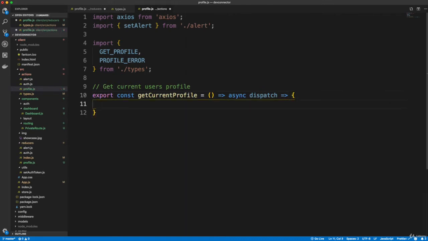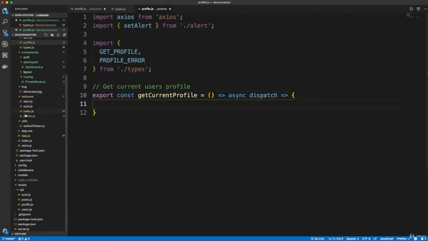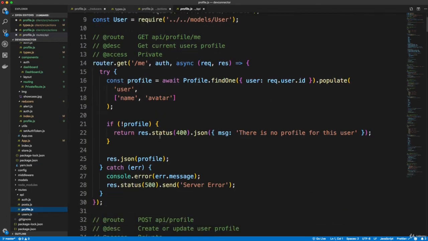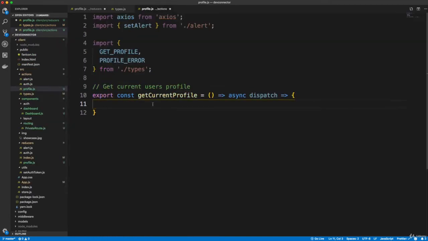And let's make a request to the back end. Now, just in case you're kind of hazy on the routes that we have, if we go to our back end API routes, this is what I want to hit. So this API profile me, which is going to give us the profile of whatever user is logged in with the current token. So let's do a try catch,